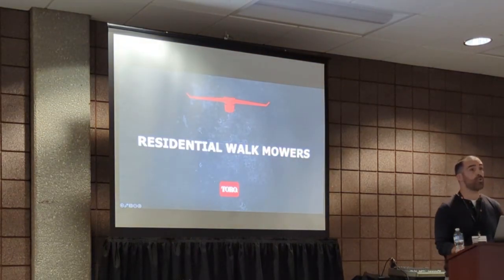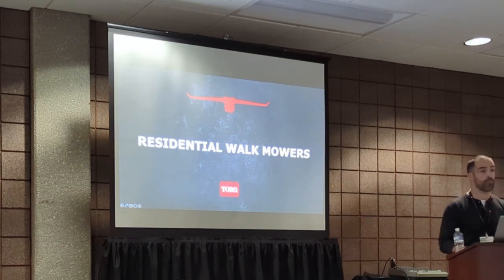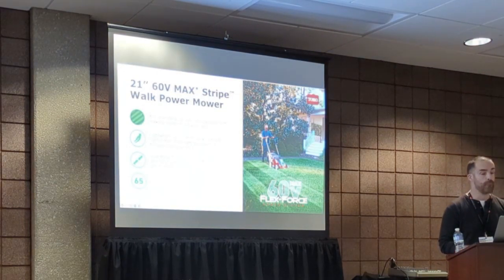Now we're going to be switching gears over to first in the industry for our residential walk mower. So this is our new mower stripe. Everybody loves that professional looking striped lawn, and this actually has an integrated striping that's built right into it. So say goodbye to the striping add-ons or trying to get brakes or different things to use. All you have to do is push this mower in the yard and it's going to create this professional looking